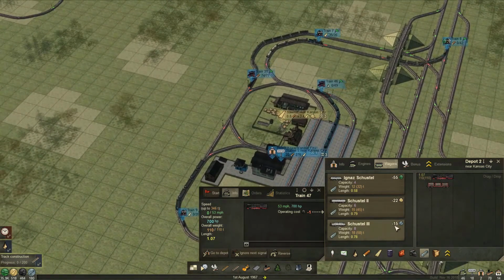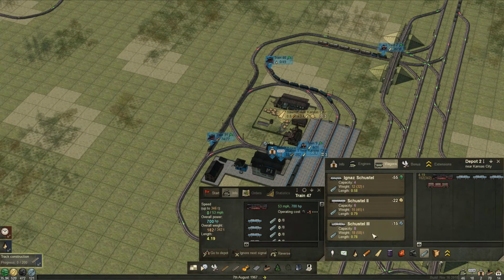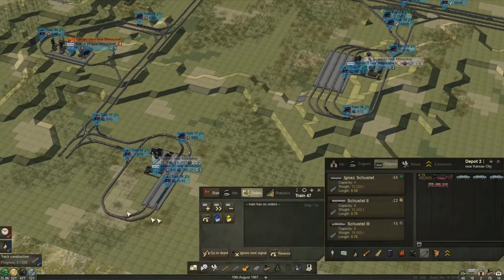So we should be able to do the Schulstel 3. A few of those. We should be able to get away with that. 1, 2. Boy, those are pretty heavy. So 58. So maybe one more. Yeah, that's good. Okay, and we'll make 2 of those, so we'll duplicate it before we